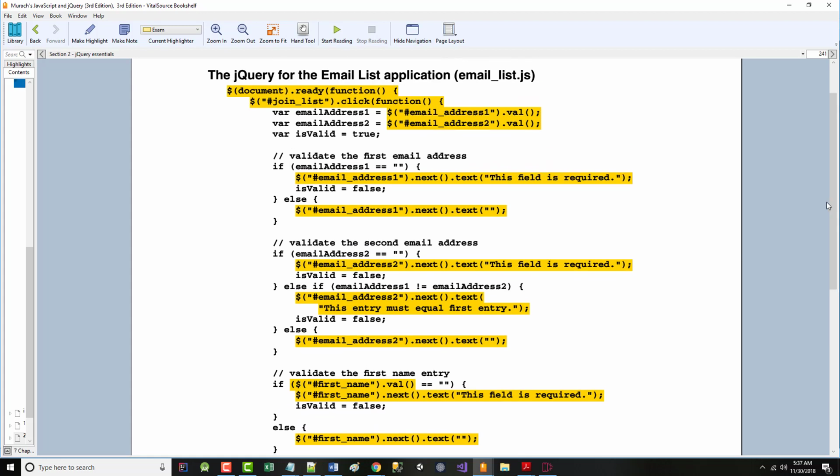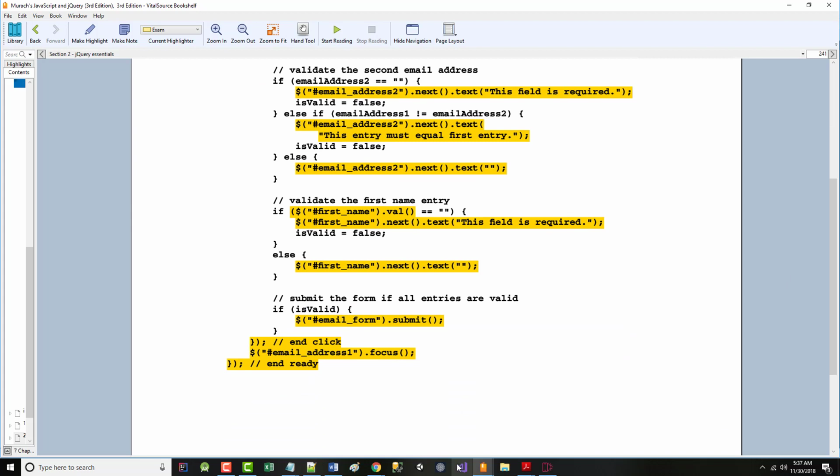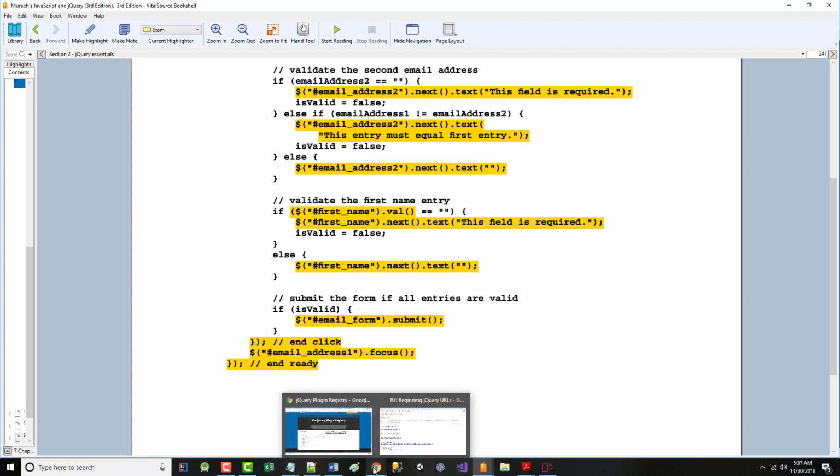We've got the document.ready. We've got the join list, so when you click on it, you can see what happens. Notice how we're using .val and how the syntax here has changed from what we had earlier. The best way to learn this is to just take a look through it. I mentioned in my class, if you didn't know this,